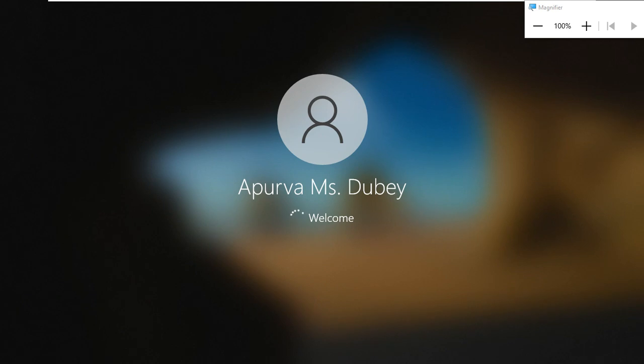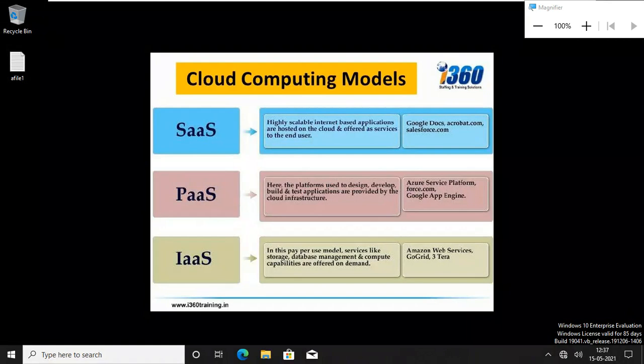So that is more possible that policies will apply. See, other one. So like we can enforce that desktop background, means a wallpaper, to the users.